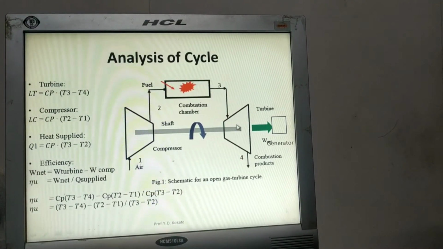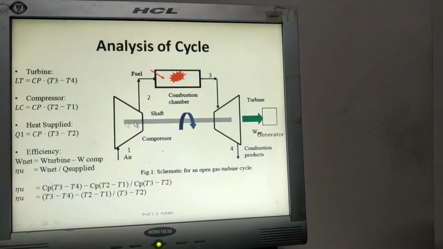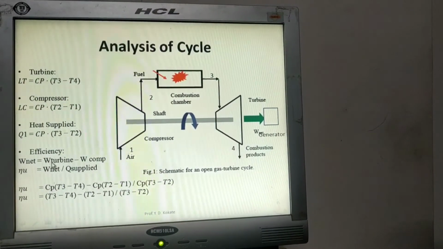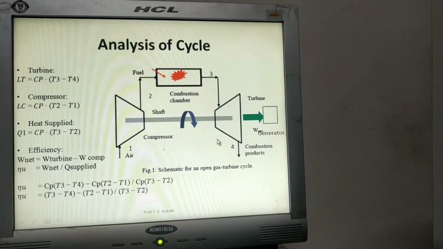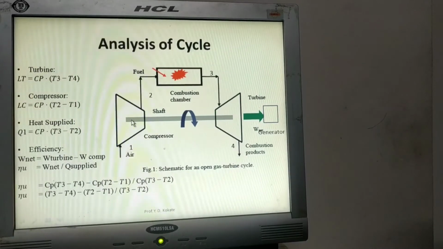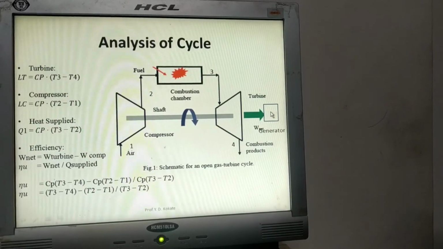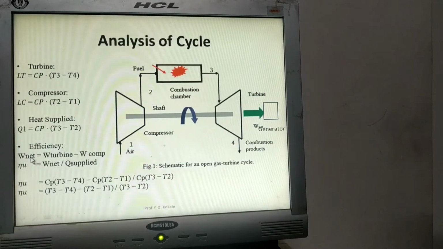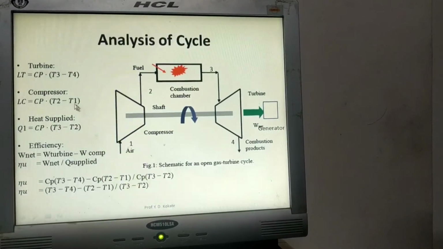So the net work done of the turbine is nothing but the total work done inside the turbine minus the compressor work done. For example, if we generate 10 megawatt of power, out of that 2 megawatt is given to the compressor. So the net power generated by the turbine is 8 megawatt, and this 8 megawatt is provided to the generator so that it can generate electricity. So net work done of the turbine is the turbine total work done minus compressor work done. So we have these three parameters.